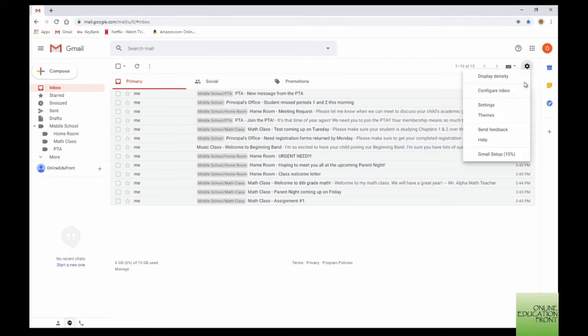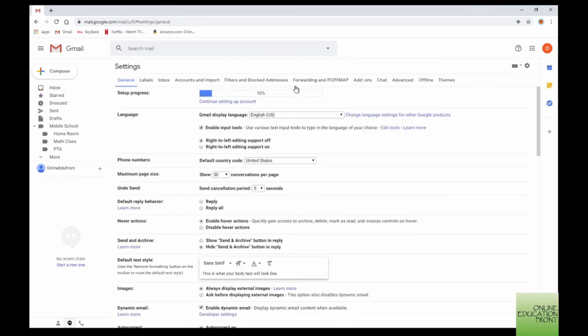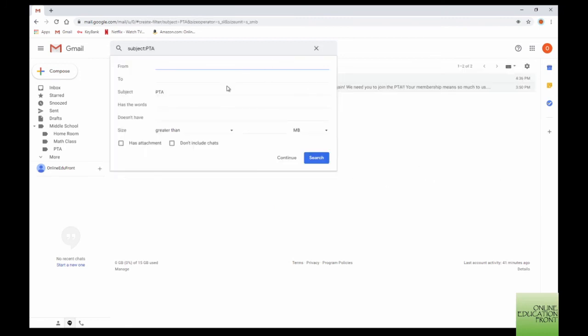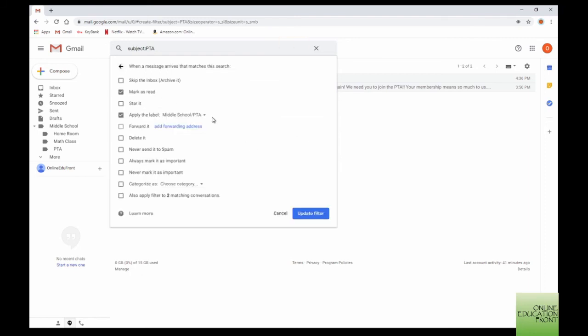So we'll click the gear, the settings icon, click settings, and then you'll click filters and blocked addresses here. So we'll see all our filters appear. So here we know the PTA filter, the subject is picking up the emails the way we want. But then not only do I want to mark it as read, I also want to skip the inbox, or archive it. And that's